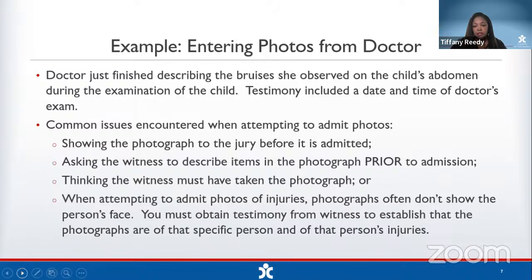You want to make sure that you lay the proper foundation and that you get the exhibit entered before you show it to the jury if you're publishing to the jury. It's a little different when you are trying a case or handling a hearing in front of a judge. And so we're going to go through the proper steps to actually physically do that in the next couple of slides. Another issue is thinking that the witness must have taken the photograph, or, when attempting to admit the photos of injuries, photographs